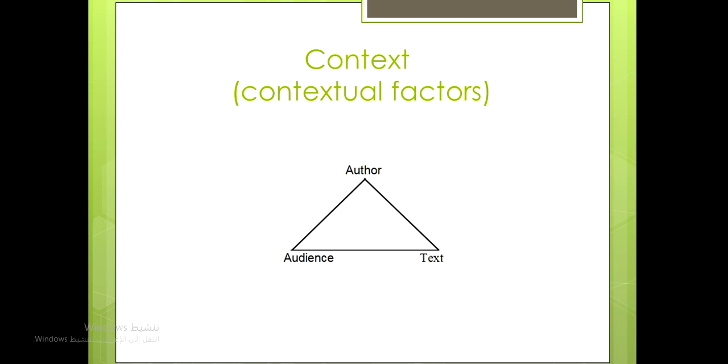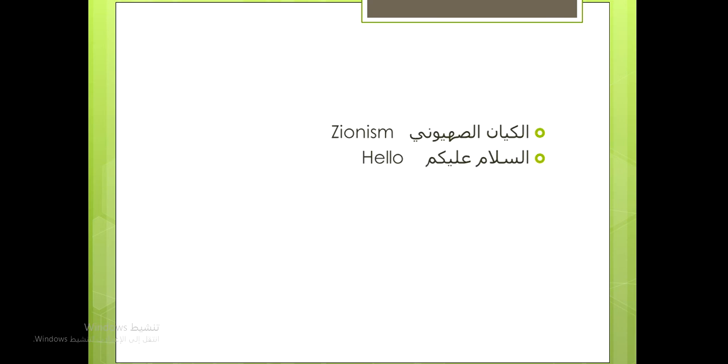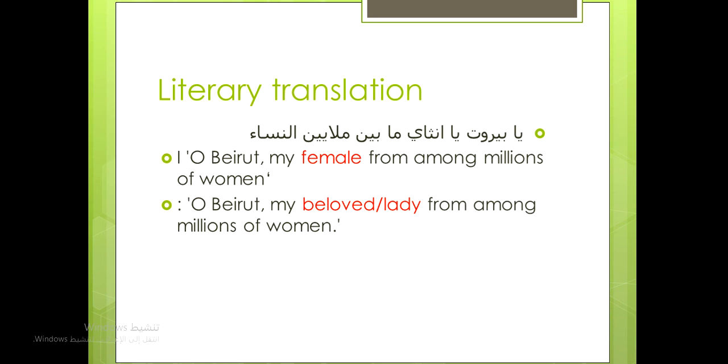Okay, now I'm going to discuss with you the genres that we are going to have in this course. I'm going to give a short introduction about the features of each genre. The first one, as we had its example here, is literary translation. Usually, the purpose of literary translation is to please the target reader, and this is why we usually do some manipulation, maybe some functional equivalence, to achieve this purpose.